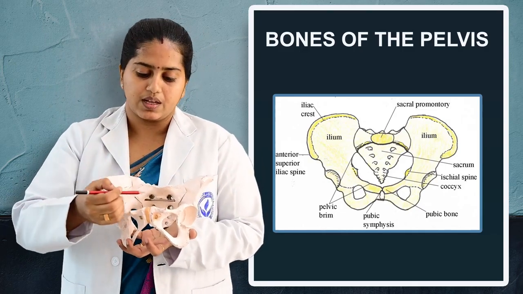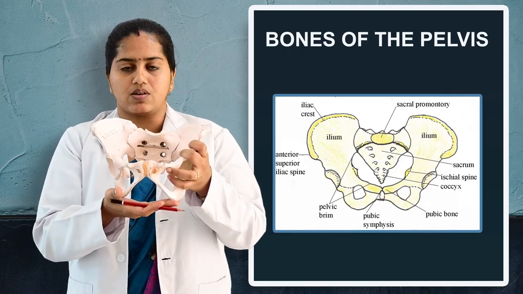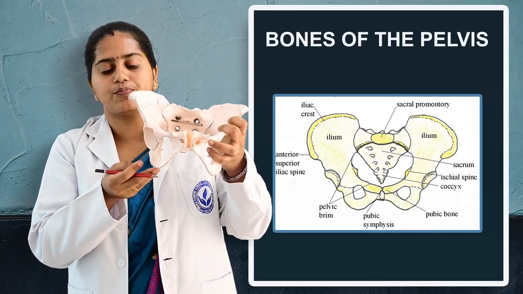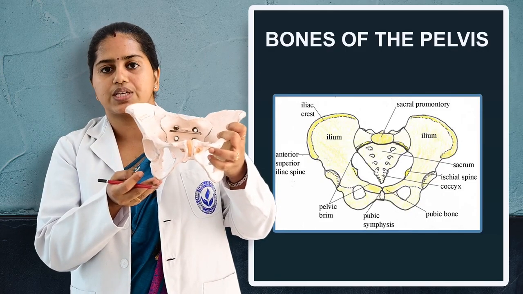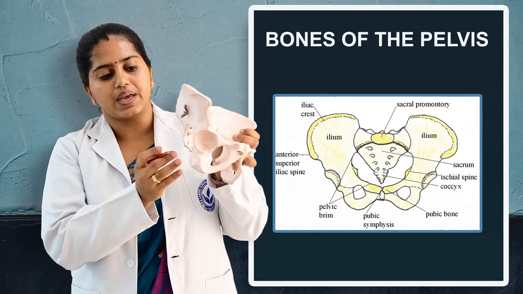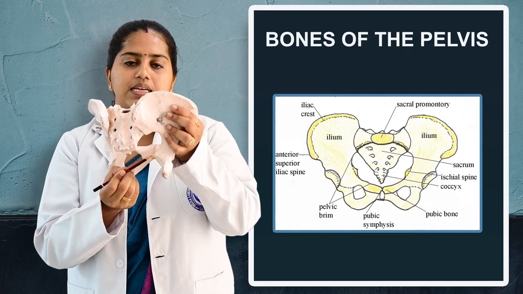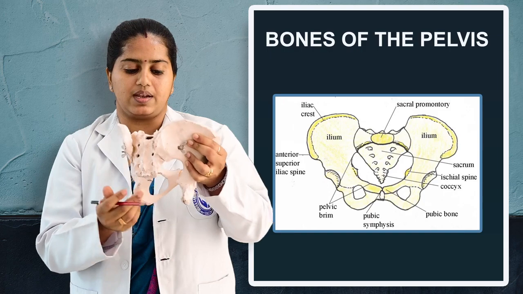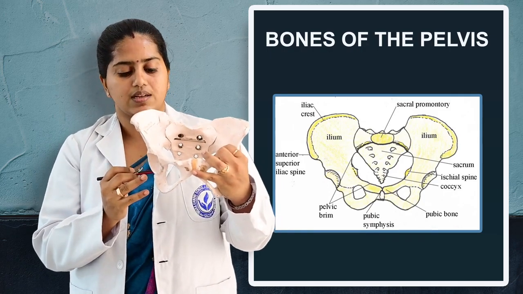Next we will see the lowermost part of the pelvis. The lowest part of the pelvis is known as the ischium. The lower, thickest, hardest prominence of the pelvic bone is known as the ischial tuberosity. I told you, the ischial tuberosity bears all the weight while we are sitting. And behind the ischial tuberosity, an inward projection is there. This inward projection of the ischium is known as the ischial spine. So the ischium consists of the ischial tuberosity and the ischial spine.